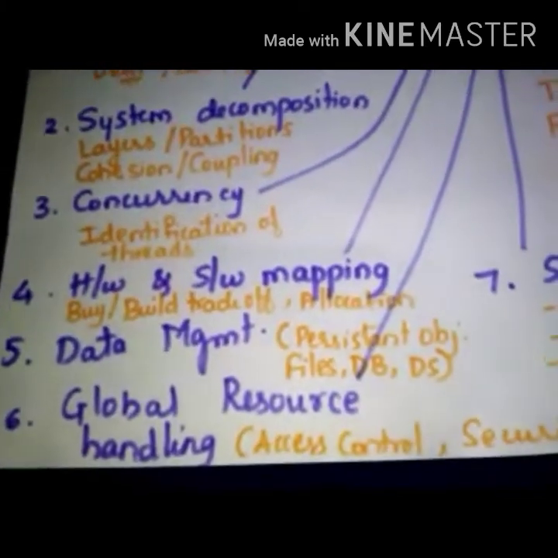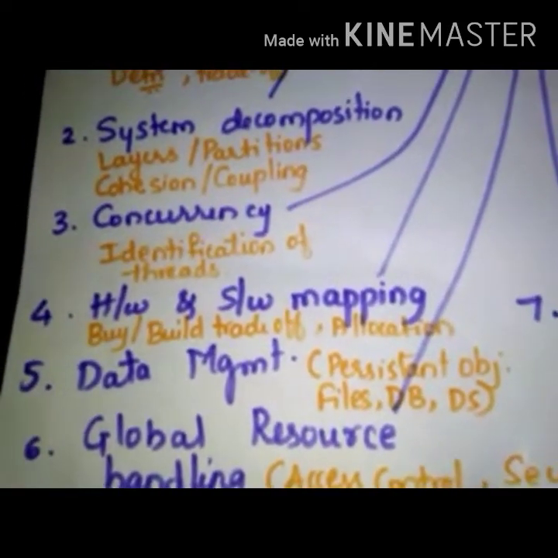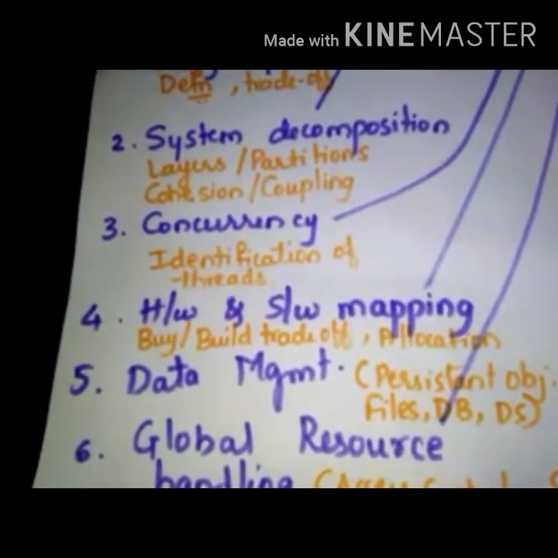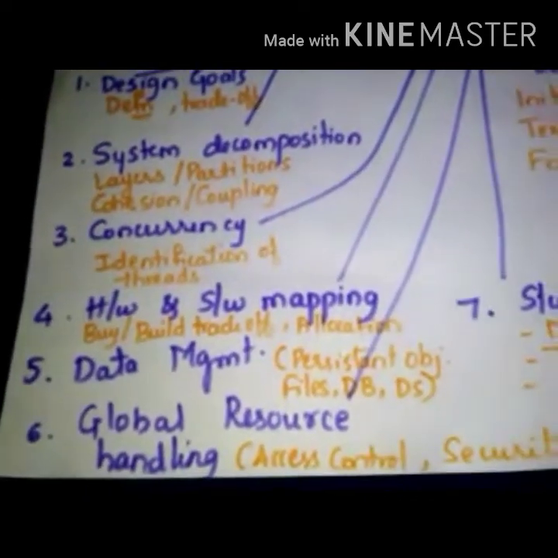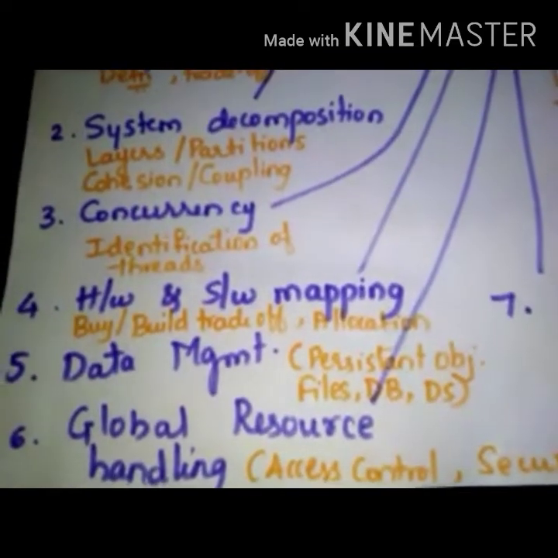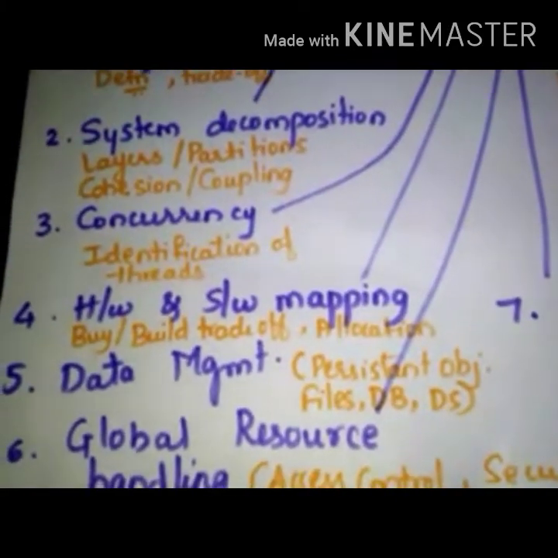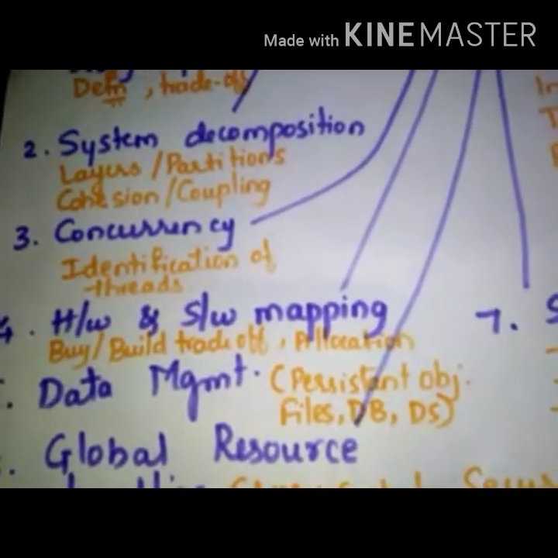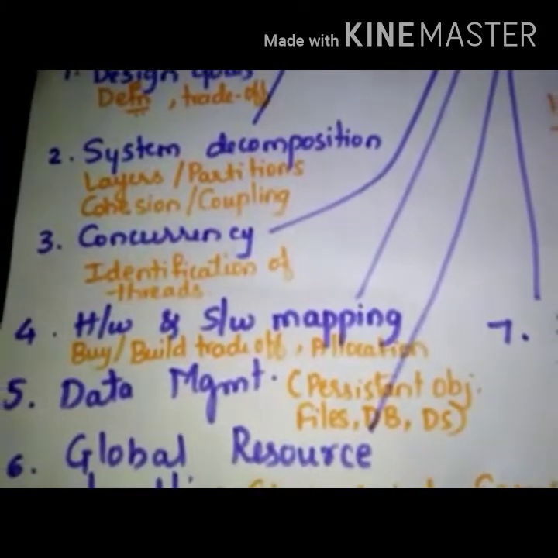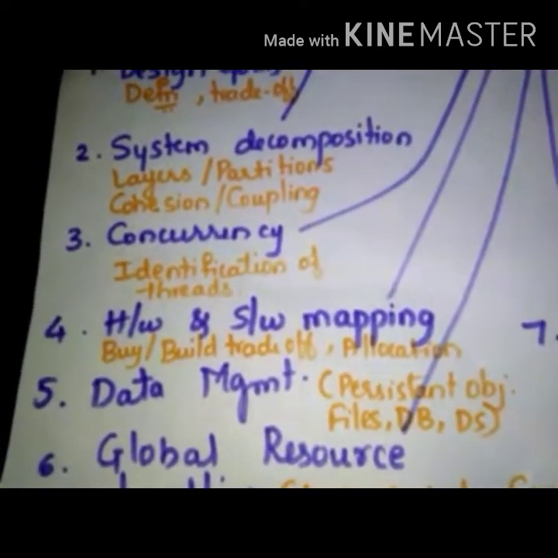Next is handling the global resources. Here we discuss access control, that is, different access control will be modeled by the association of different use cases with different actors. For example, you have a bank database resource. In that one, the manager will have a different access level, whereas the customer will have a different access level to the same database. The customer can view only his data, whereas the manager can view others' information also. Like this, global resource handling will control the access given to different users with respect to different use cases.